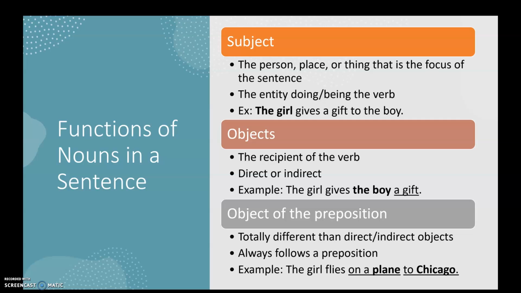"Running is fun." Running normally we would think of as a verb, but in that case, it's functioning as a noun. So you could say "the running is fun." And since that makes sense, running is functioning as a noun. That was actually in one of the tests last week. I didn't explain it that way, but "finding my car keys" is functioning as the subject of the sentence, even though the word finding appears to be a verb.